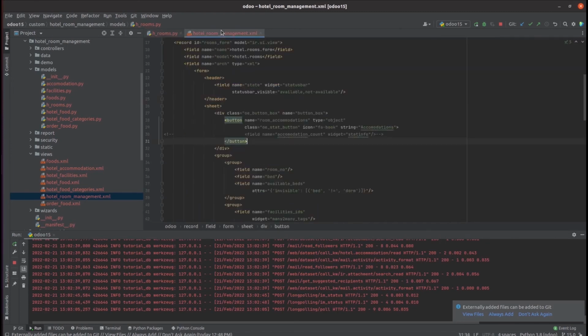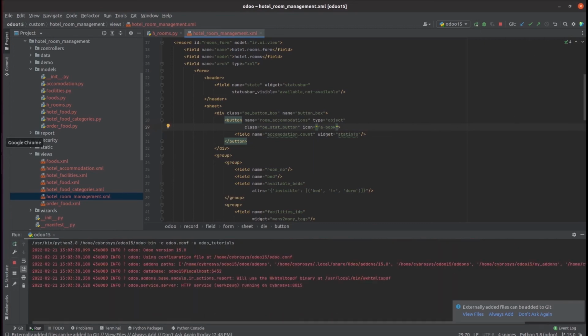Now let's go to the XML file. I'm going to add this field inside the smart button, which is having a widget stat info, to see this inside the smart button. And now let's run PyCharm and upgrade the module.